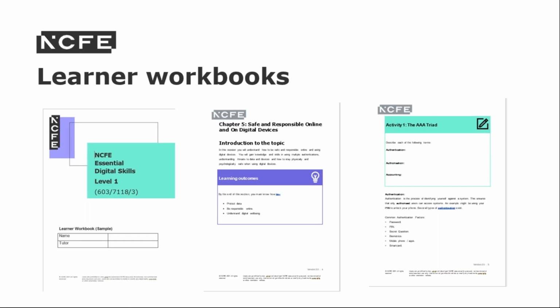And I'm just going to have a look to see if we have any questions coming in. Now, somebody's just put in, how far in advance do we need to book the assessments? Now, once you've registered the learners on the portal, it will take around about 30 minutes for that information to be pulled through to Surpass. And once the information's pulled through onto Surpass, you can then book the assessments. Okay, I'll just move on now.